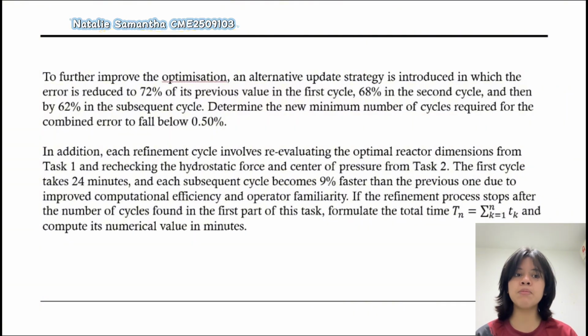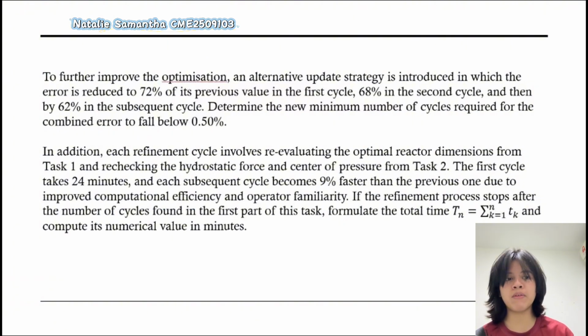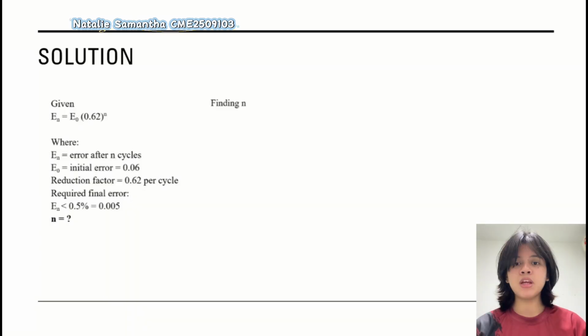After that, an updated strategy gives us a reduced error of 72% of the value in the first cycle, then 68% in the second, and then 62% in the repeated cycles onwards. We need to find the smallest cycle number to generate a combined error below 0.5%. And lastly, we get 24 minutes for the first cycle, and every subsequent cycle is 9% faster than the previous cycle. After the n cycles that we found in the first part, we have to calculate the total time in minutes. Now for the solution of the first part, we are given the equation right from the task,